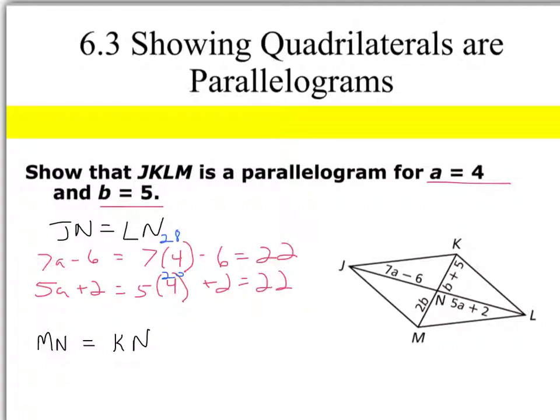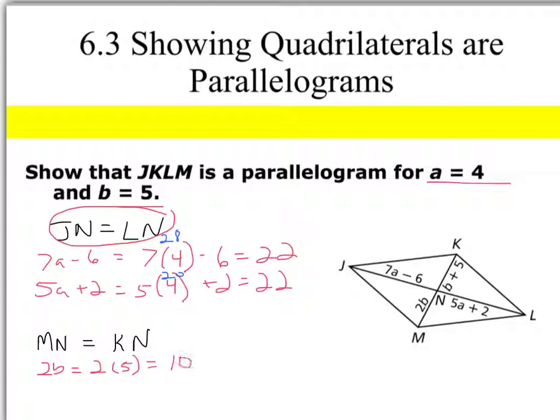So are those equal? Absolutely. We need to prove that JN and LN are equal to each other, which we did. They both equal 22. Okay, now MN. MN is going to be 2b. To be or not to be? That is the question. Okay, so 2b, we know that b is 5, so we just take 2 times 5,